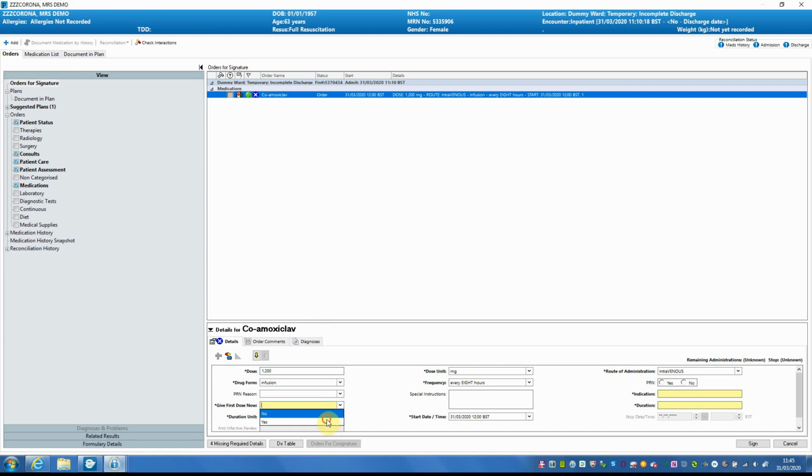I want to give the first dose now. I want to give it for 5 days. And the indication is pneumonia. If you say no to give first dose now, as we've asked for this every 8 hours, 3 times